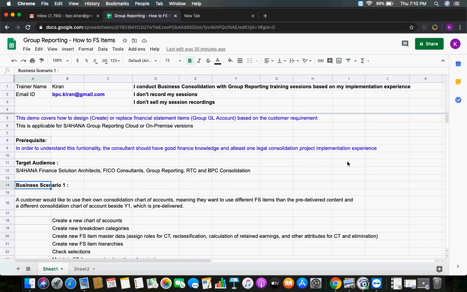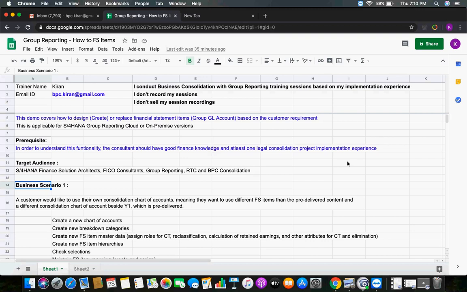When you install S/4HANA content, there is a document, and based on the document you can install S/4HANA content, group reporting content basically. The group reporting content will install one standard chart of accounts, Y1 chart of accounts, which is a group chart of accounts, consolidation chart of accounts.